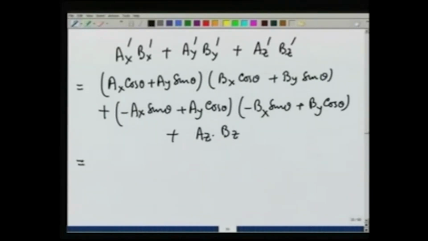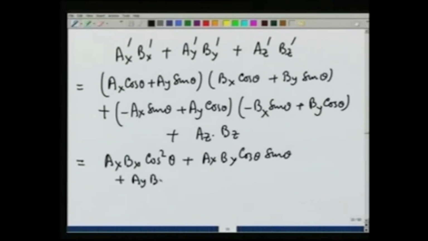This gives you ax times bx cosine square theta plus ay times by sin square theta. The first term gives you ax bx cosine square theta plus ax by cosine theta sin theta plus ay bx cosine theta sin theta plus ay by sin square theta